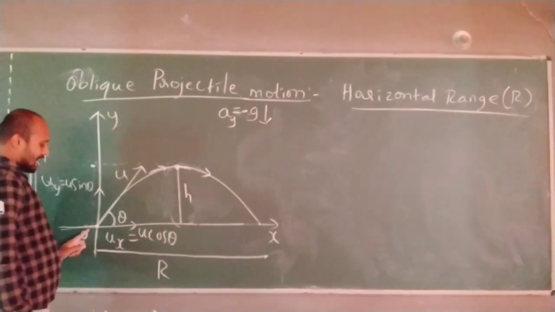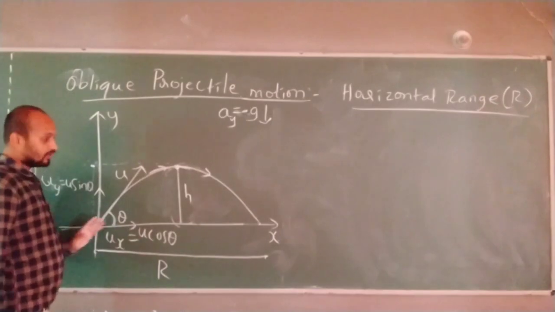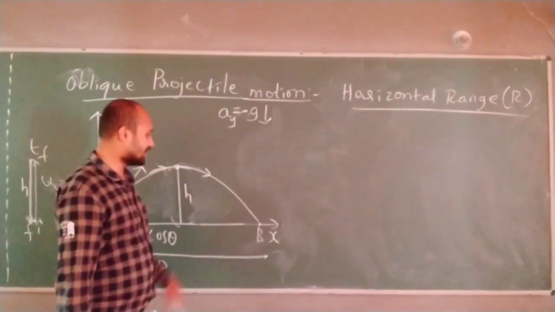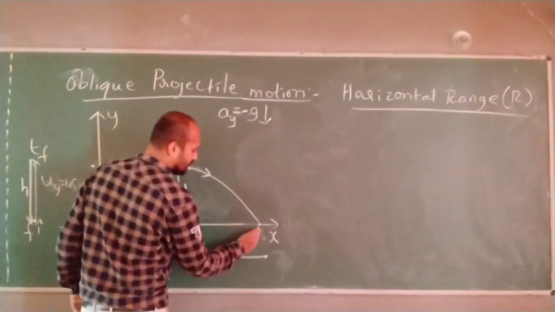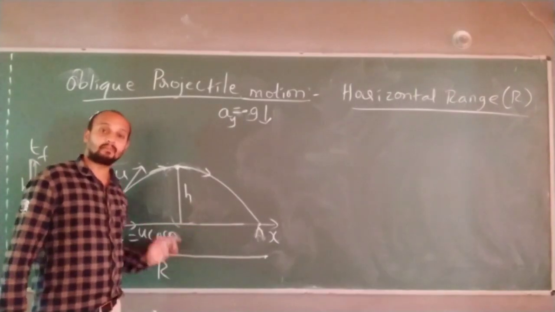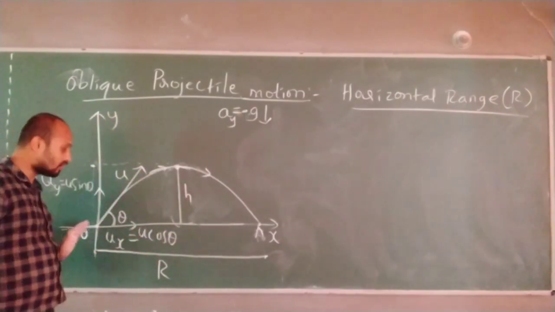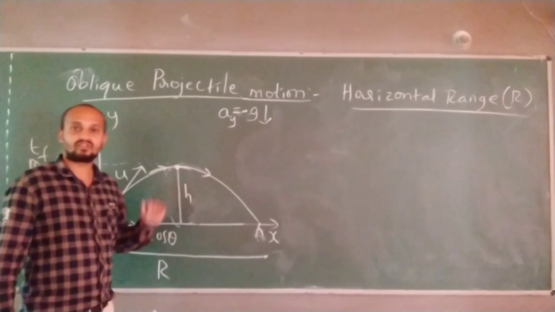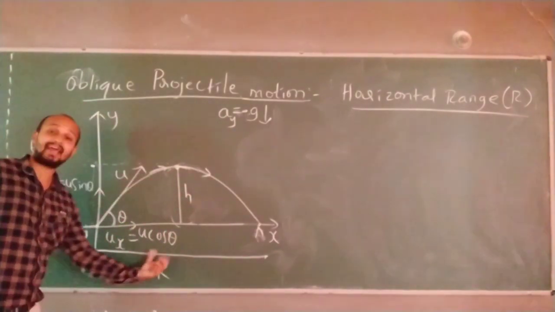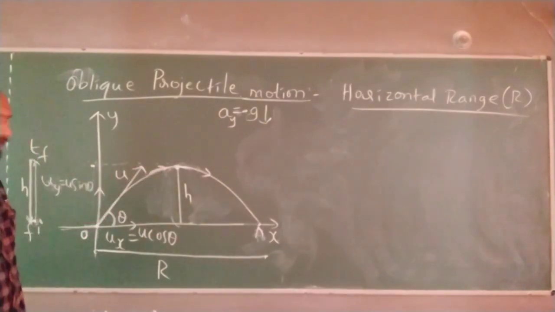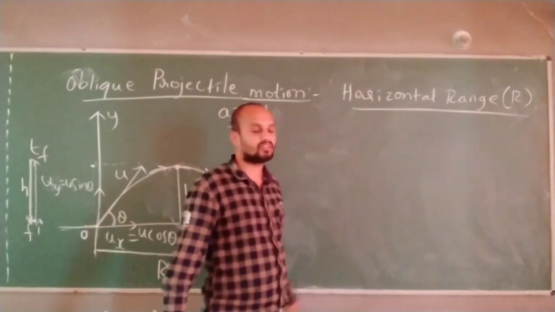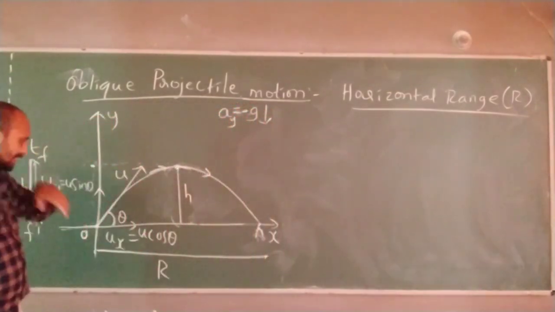The distance traveled by an object from point O to, let's take this point as B, or let's say point A. This is the maximum horizontal distance traveled by this projectile motion. Maximum horizontal distance traveled by this projectile motion is nothing but the range of the projectile, we call it horizontal range. If I throw a chart, how much horizontal distance is traveled? Now we can find that.